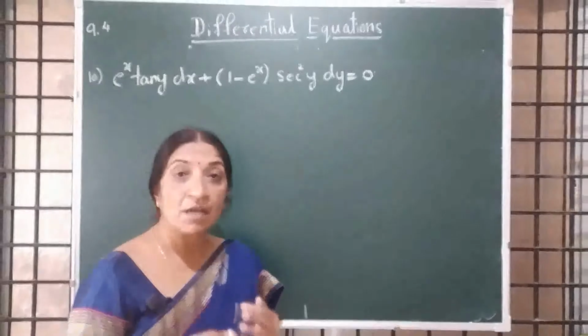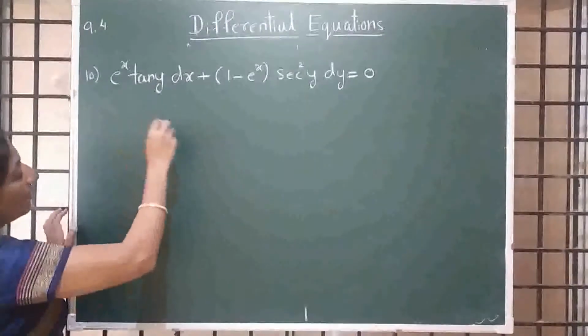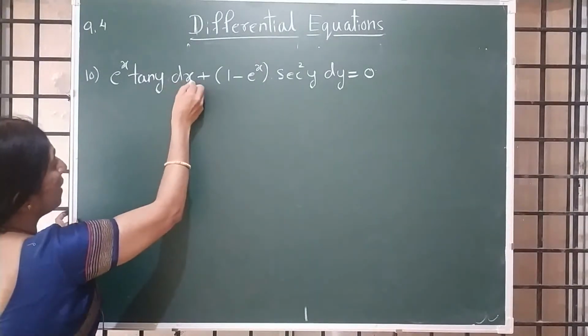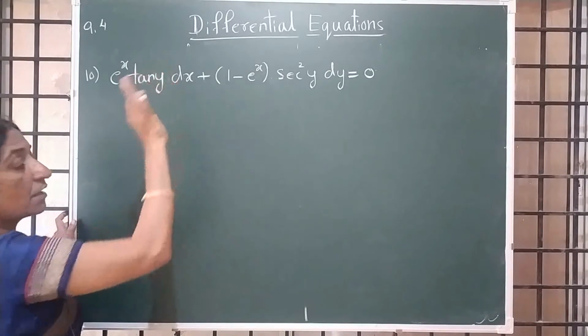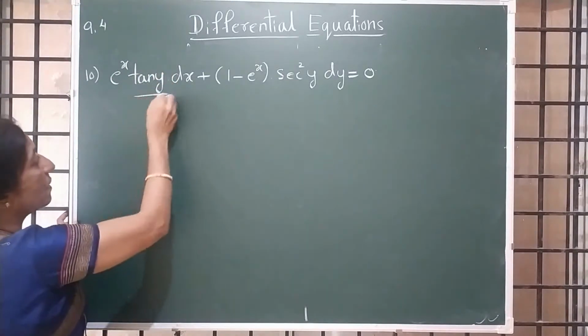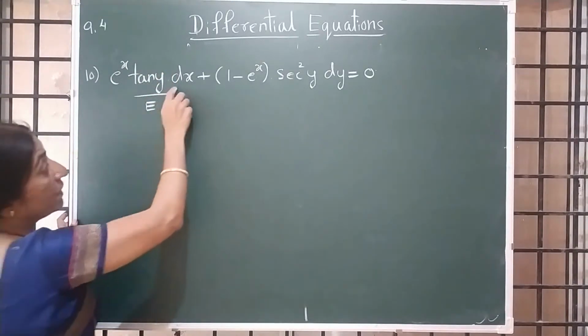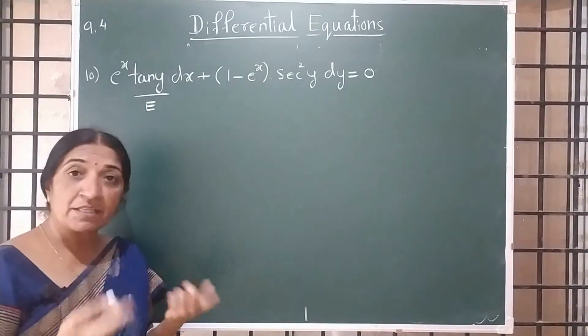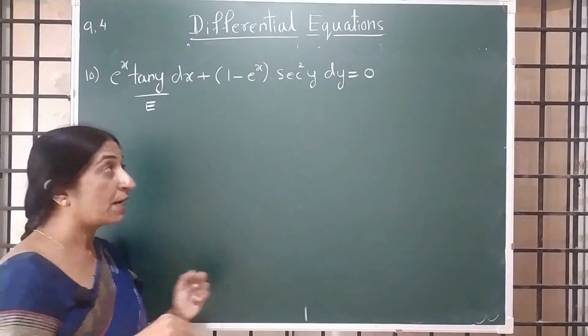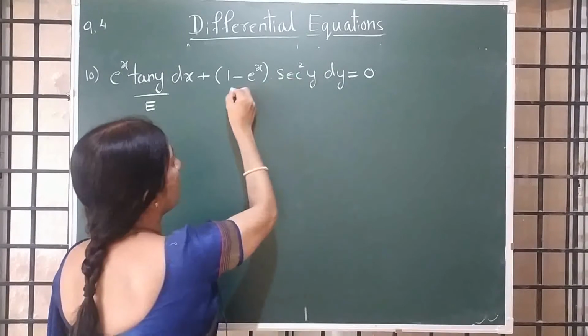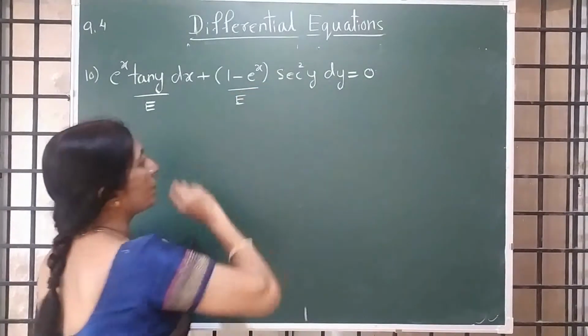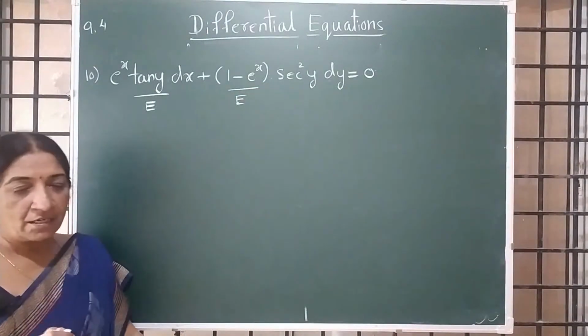Here, as you know, by seeing the problem only you have to judge which method is applicable. I am explaining one more method. With dx, if x is there, it's okay. If y is there, mark it as an extra term. With dy, the x term is extra. E means extra.